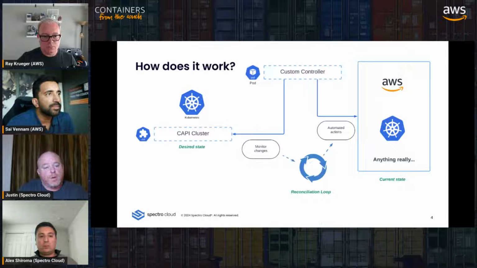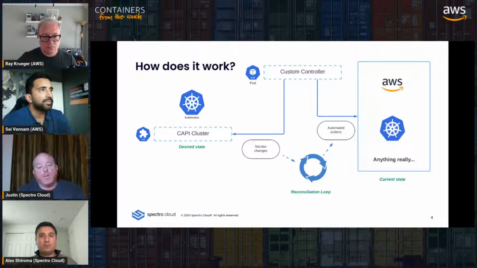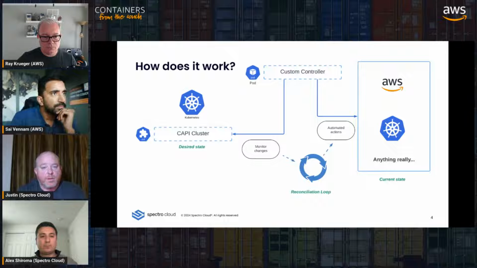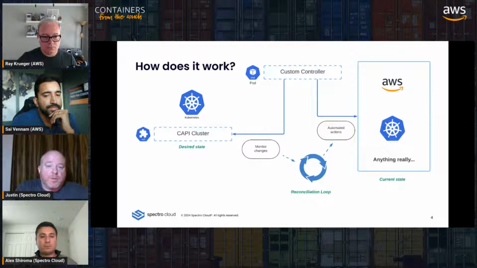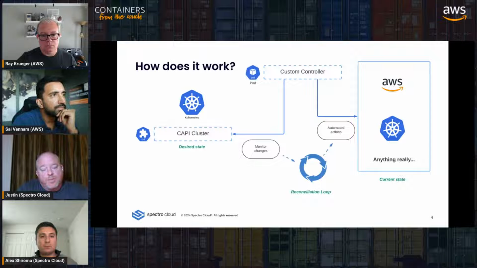So we create... I'm sorry, Alex. Just to summarize for a second, we create similar custom resources that have a declarative nature of what the desired state of the cluster is beyond just what CAPI understands, and then we have operators and agents in the cluster that understand how to deploy those, whether that is a Helm chart or a manifest, or as Alex alluded to, something we call packs, which is basically an extension of either of those. Our agents understand how to apply those to clusters in various ways and make sure that they're continuously reconciled for your desired state to be met.